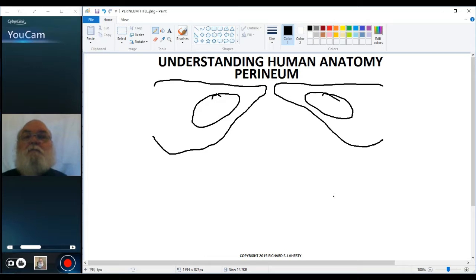Here, like so. Sketch in the pubic symphysis. Draw in the sacrum and coccyx, and again the tip will be the coccyx,